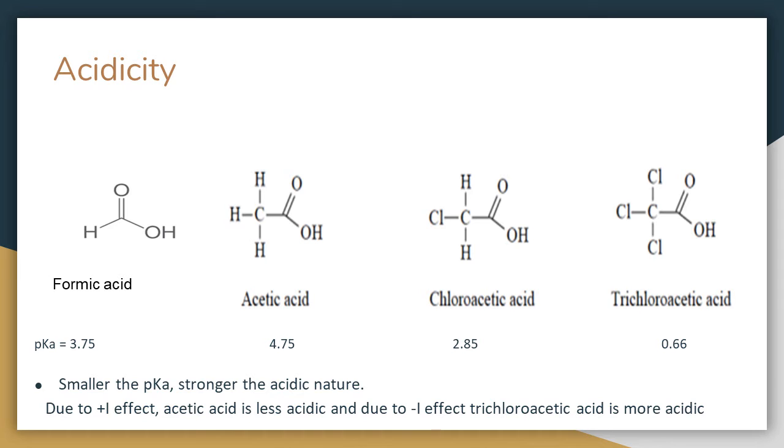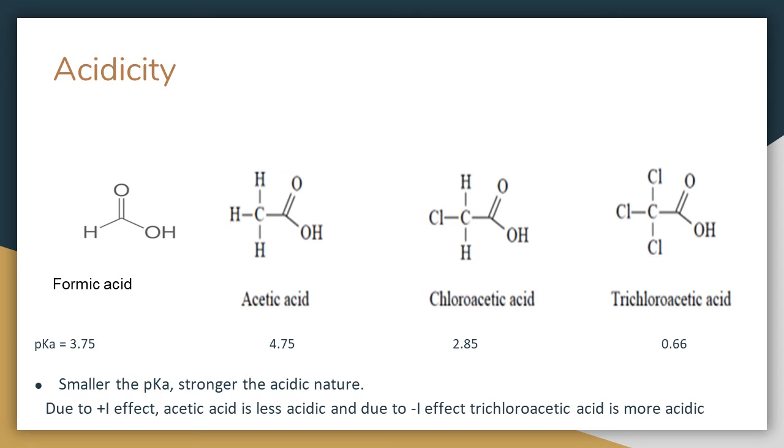and it becomes less acidic in nature. When we compare acetic acid and chloroacetic acid, chloroacetic acid is more acidic in nature because of the substituent chlorine, which is more electronegative in nature. This chlorine attracts the electron towards itself, hence the removal of proton becomes easier, hence making it more acidic in nature.